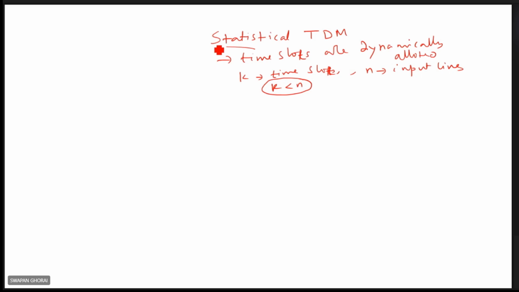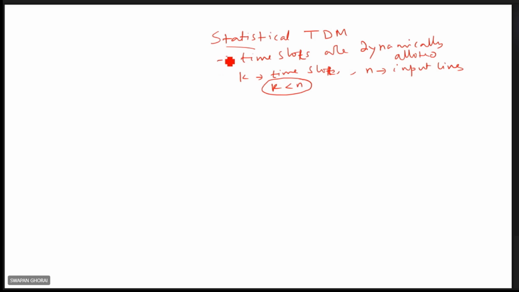It considers the fact that all the sources are not emitting at a time, right? So the data rate of the multiplexed line will always be less than the total data rate of the attached devices. But that is not the case for TDMs. We have seen it: the multiplexed data rate will be greater than or at least equal to the sum of the data rates of the sources that are to be transmitted. So that is the main difference in this case.